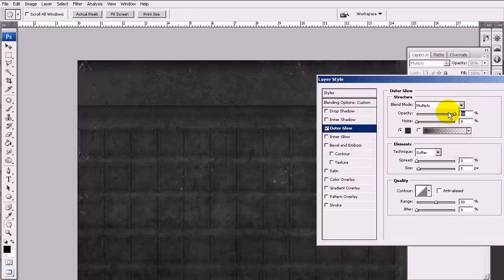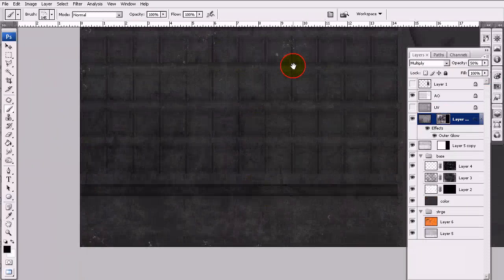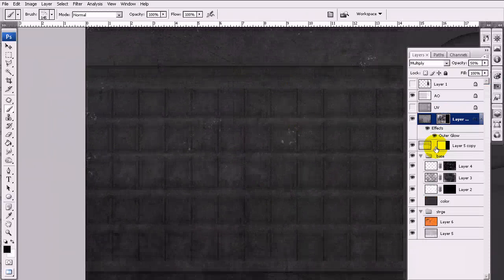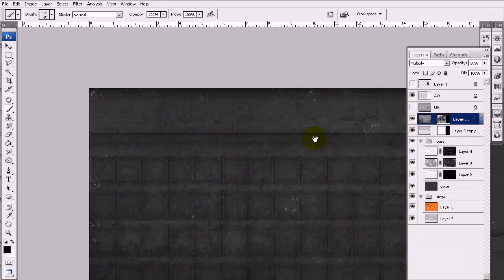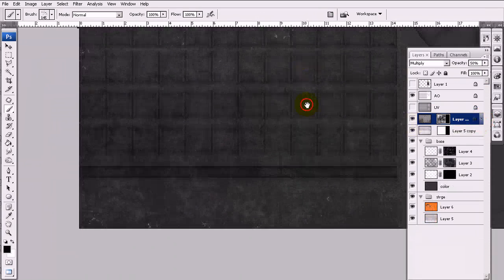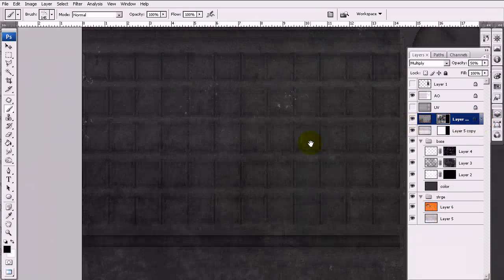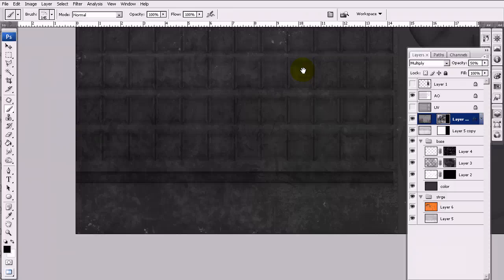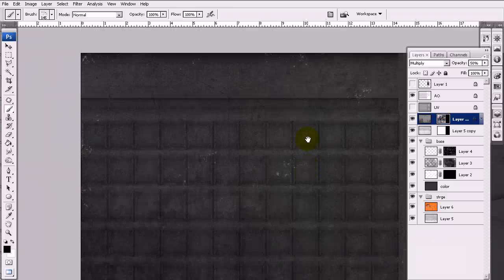And we can start to see, as we move the opacity slider, we get a little bit more definition in the textures. I'm going to keep it at 75%. Alright. That looks